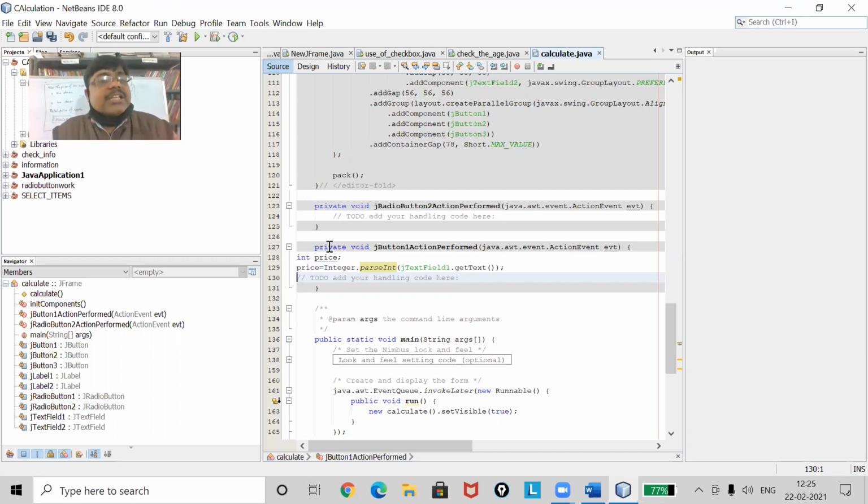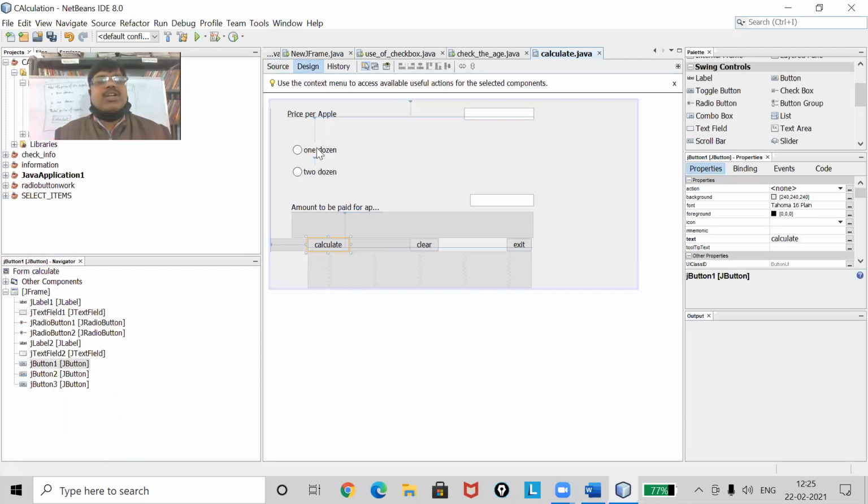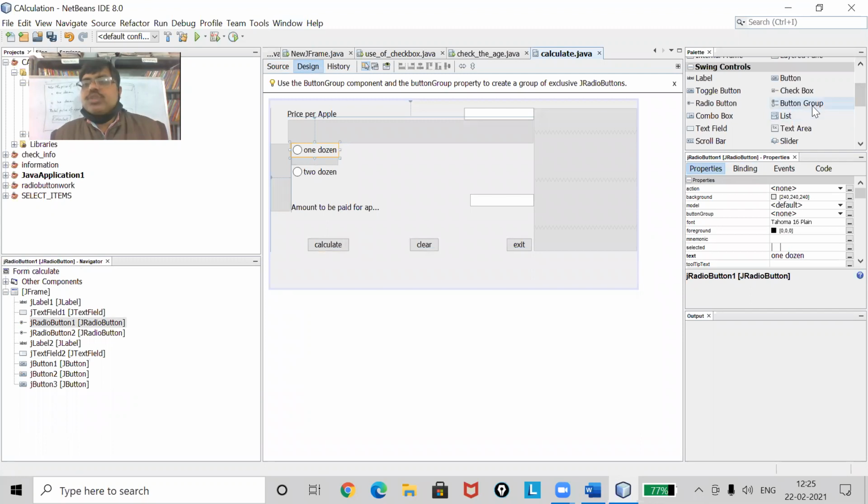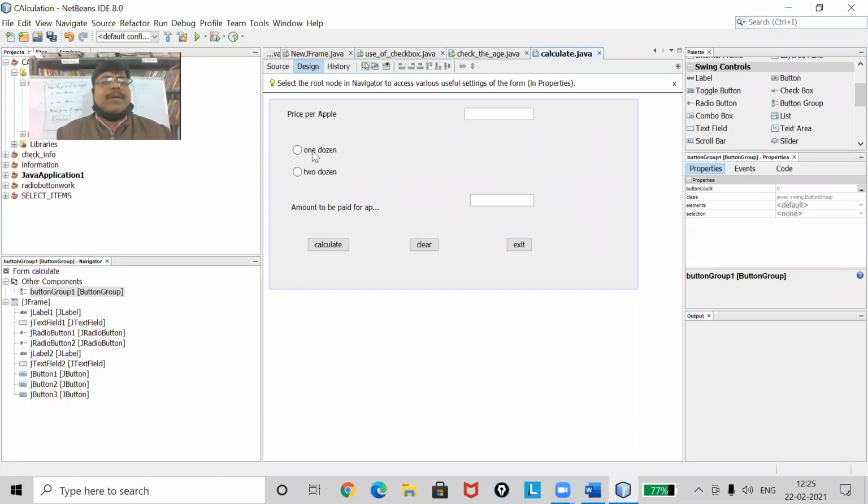Now I have to check which one you have used. Before doing this, the 2 buttons must be part of a button group. So I have to make this a button group. I will click on button group and drag it onto any one radio button.